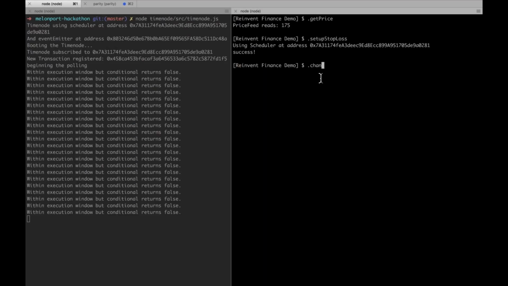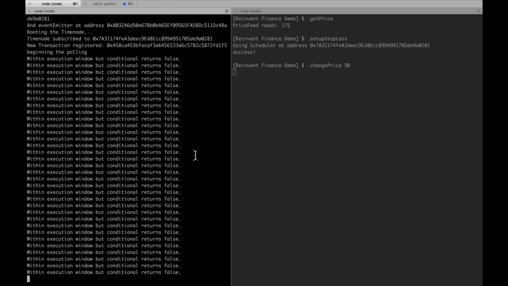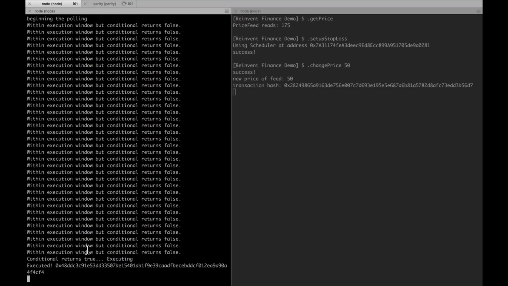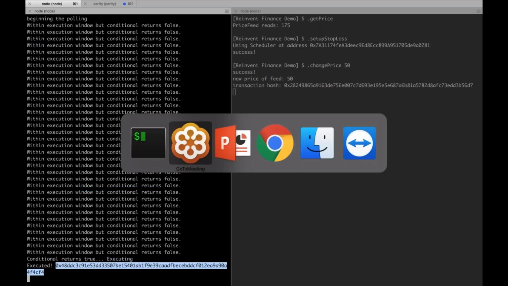So to trigger that time node, what we'll do is we'll change that price so it's below the threshold. And once that's mined to the chain, you'll see on the left-hand side that the time node will execute this transaction. It says conditional returns true, executing, and executed. So if we take this transaction hash and look a little bit deeper on Etherscan,